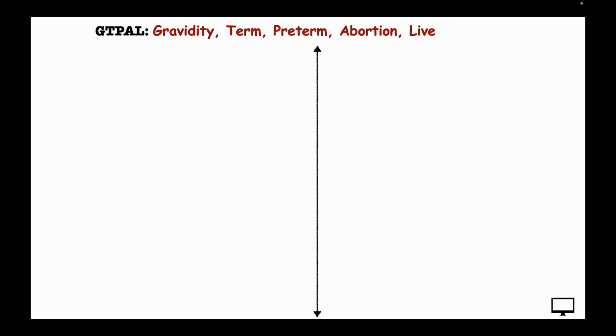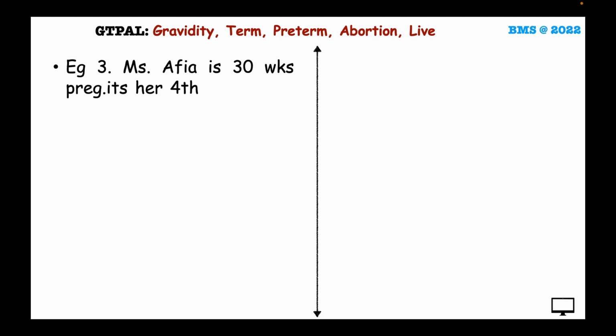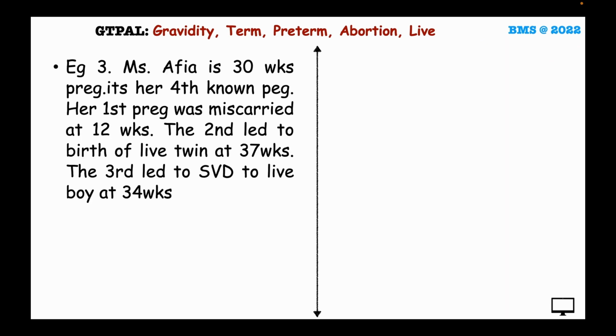Now, let's look at another example. We have Miss Afia, who is 30 weeks pregnant. It's her fourth known pregnancy. Her first pregnancy was miscarried at 12 weeks. The second led to a live twin at 37 weeks, and the third also led to a spontaneous vaginal delivery at